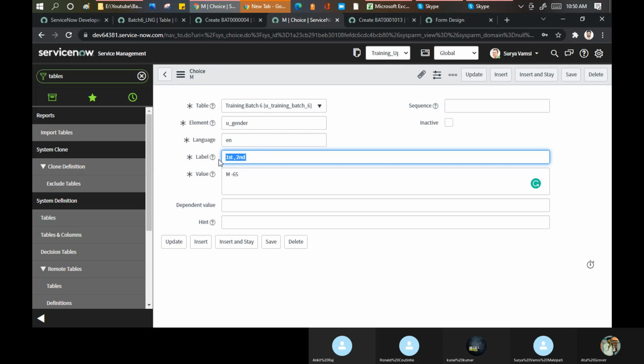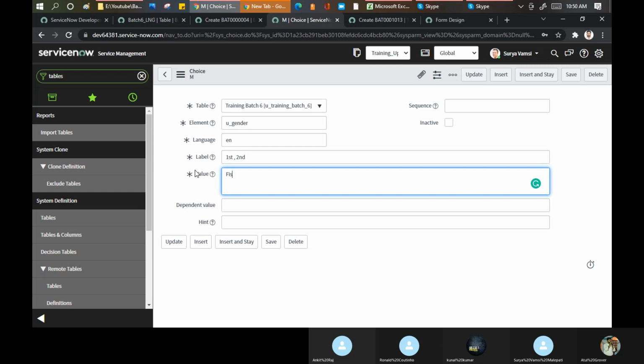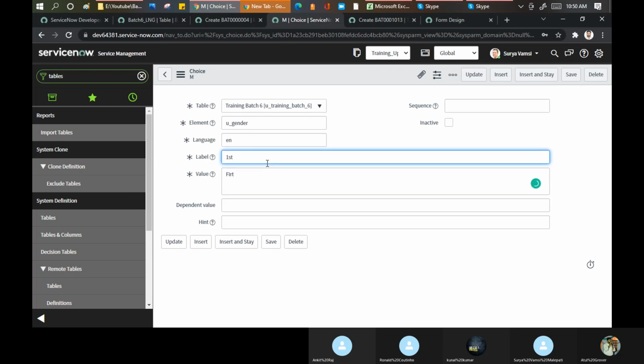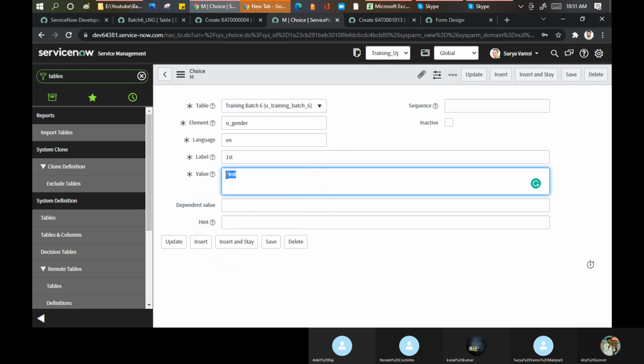Either you write this first or this first, both have the same meaning. But it is tough to store this value. Sometimes it becomes an integer, and it is easy to store that part. So the value shown to the customer and the value stored in the background can be different.